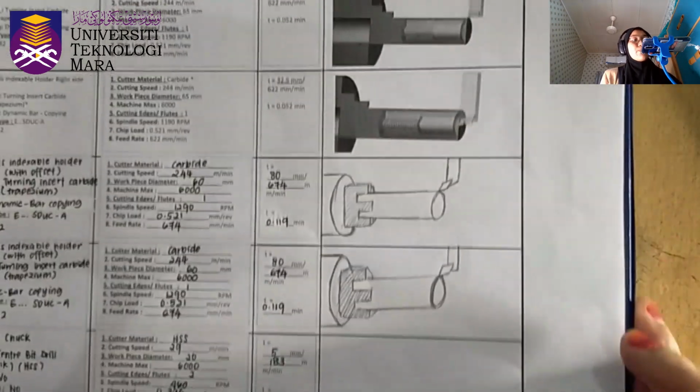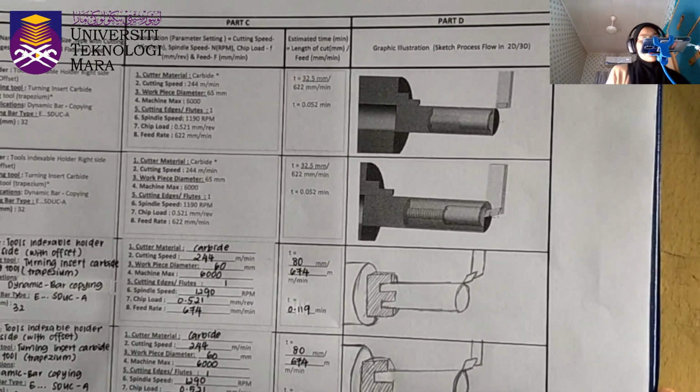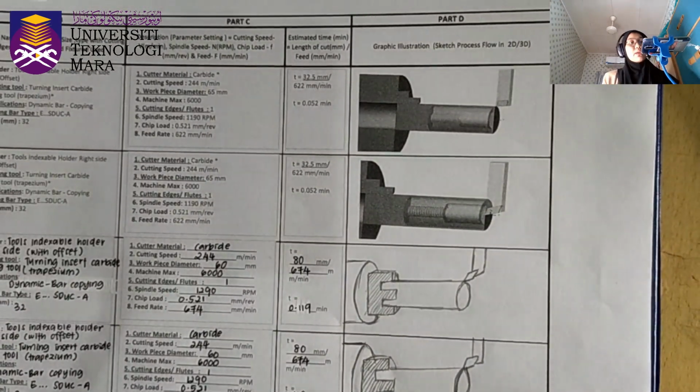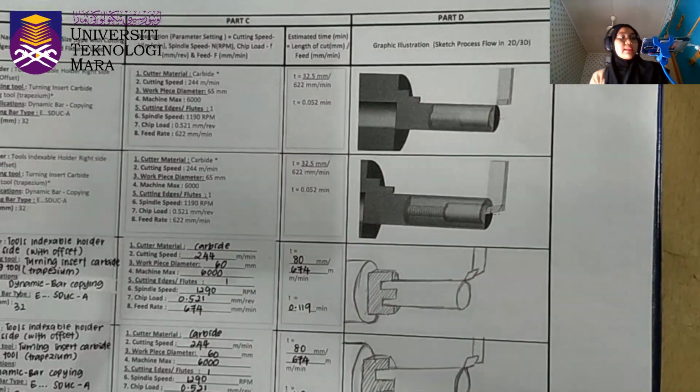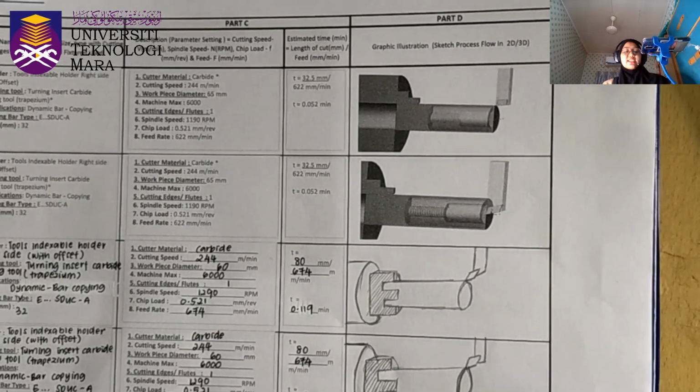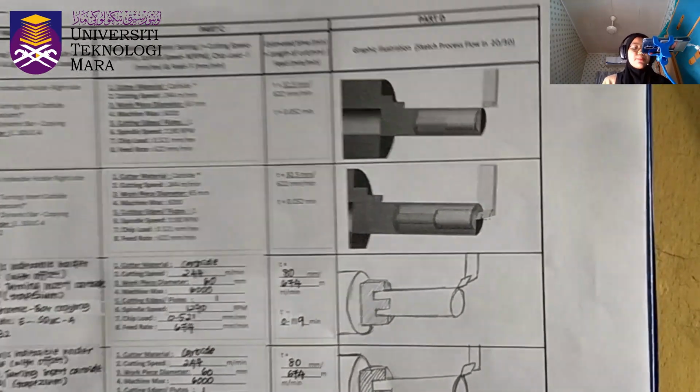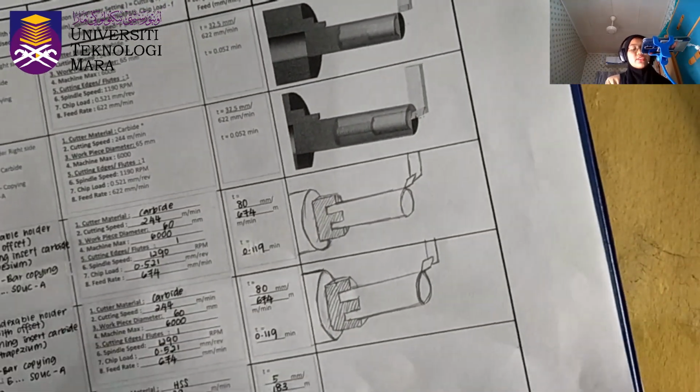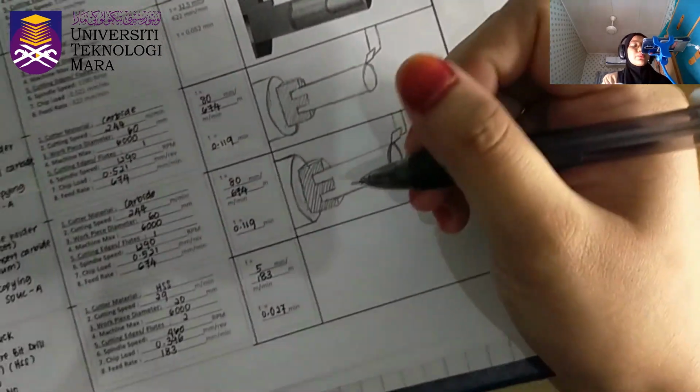The next part, which is the last part, is part D, which is graphic illustration, which is sketch process flow in 2D or 3D. So here,